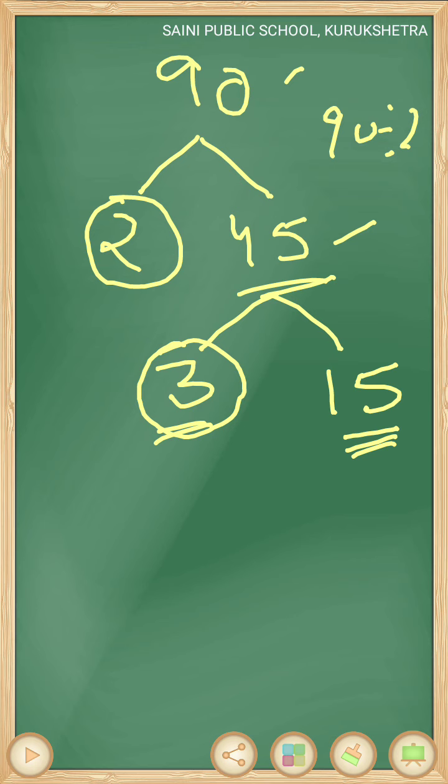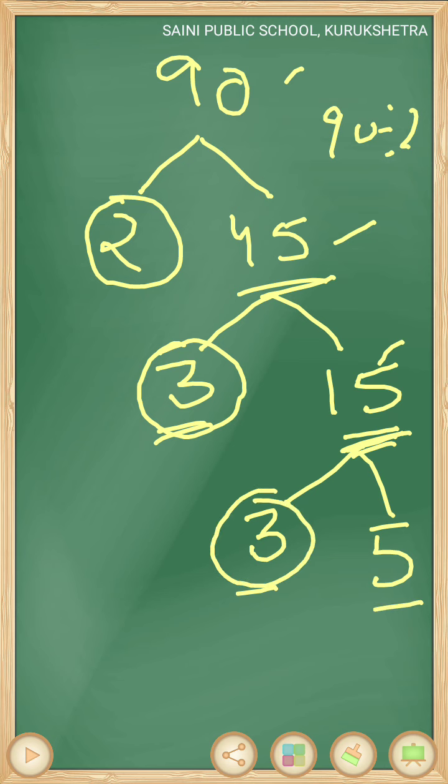Now again in the same way, 15 is a composite number. Again write it as a product of two numbers, 3 into 5, because it comes in the table of 3, so we have divided. When we divide 15 by 3, we get 5. Now you can see 3 and 5 both are prime numbers, so circle both. Now we have two numbers remaining, both prime, so we will stop factoring. Our prime factorization is complete, because all numbers are prime.